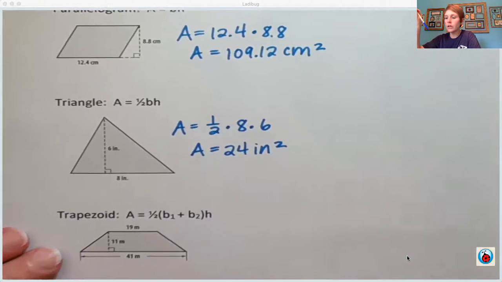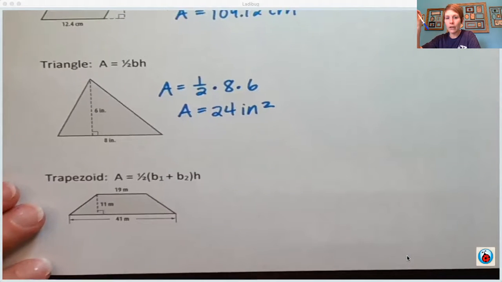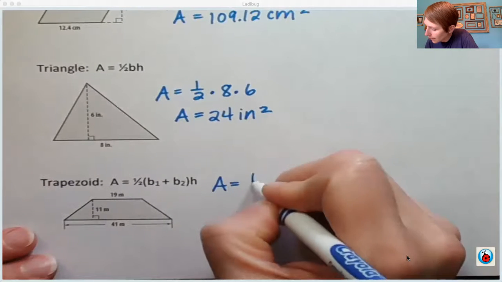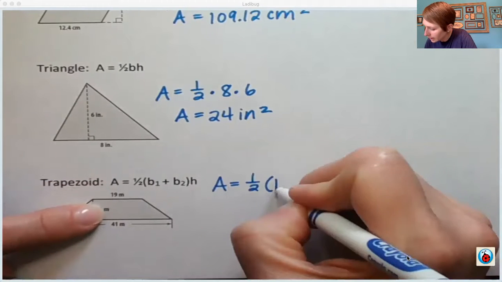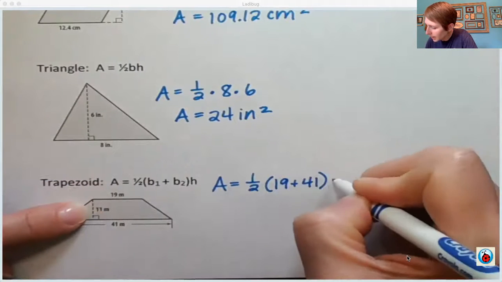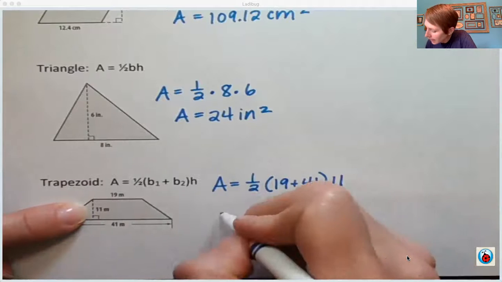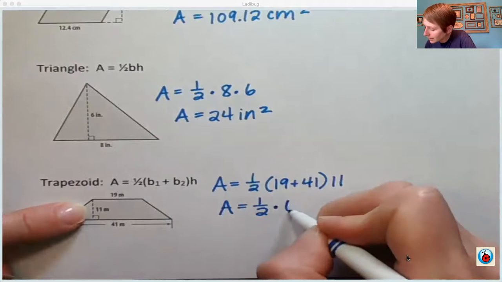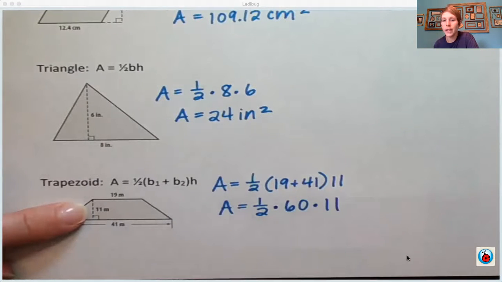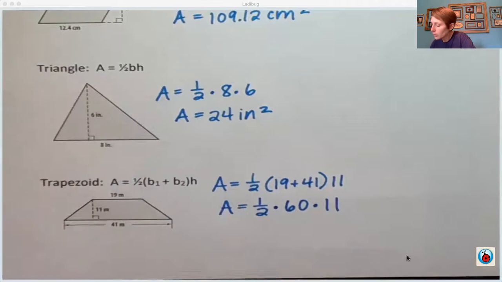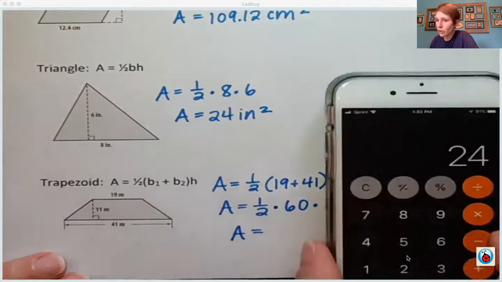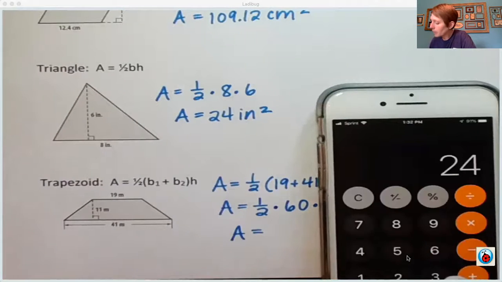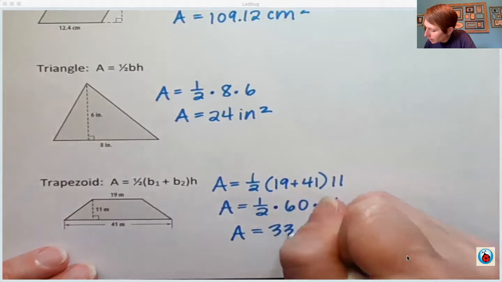Trapezoid is super similar. The only difference is that you have to add your 2 bases together first thing. So A equals 1/2 times our bases together here, 19 plus 41, times my height, which is 11. Since this is in parentheses, I have to do that first. 1/2 times, and 19 plus 41 gives me 60, times 11, which is my height. Now it looks just like what we did up here for the triangle. You have those same options. First get your 60 times 11, which gives me 660. I'm going to divide that by 2 or cut it in half, and I get 330